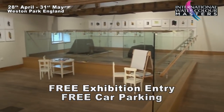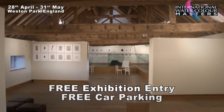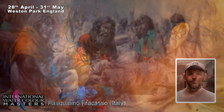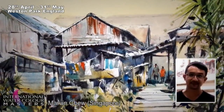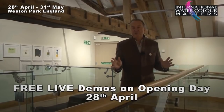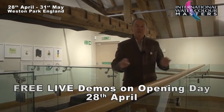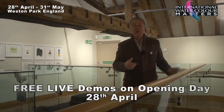So here we are, folks. We're in this fantastic gallery space, the Granary Gallery at Weston Park. In a few weeks' time, paintings will start to arrive and we'll start to select the wall space for some of these great pieces of modern art. From this position here, the artists will be demonstrating their skills. The SAA TV film crew will be screening and live streaming these events live across the internet, especially for SAA